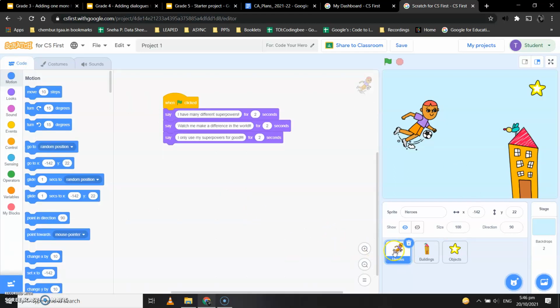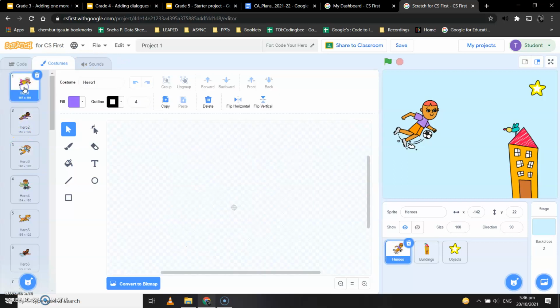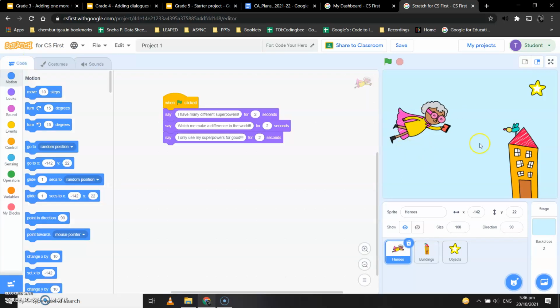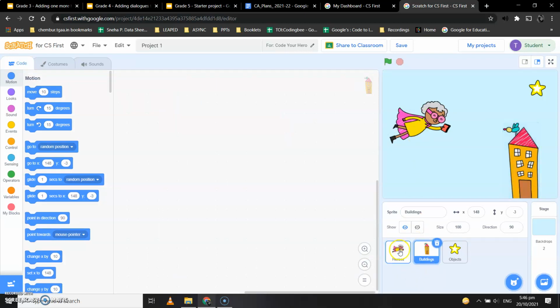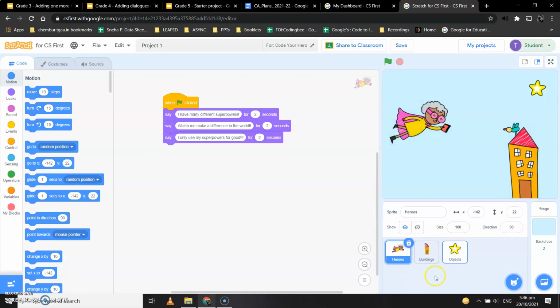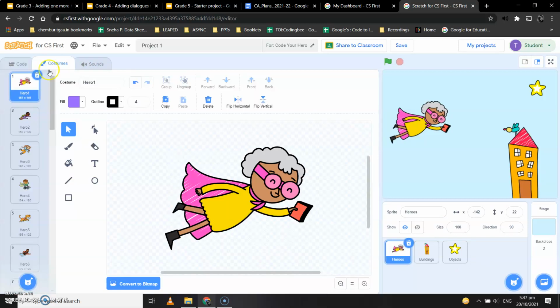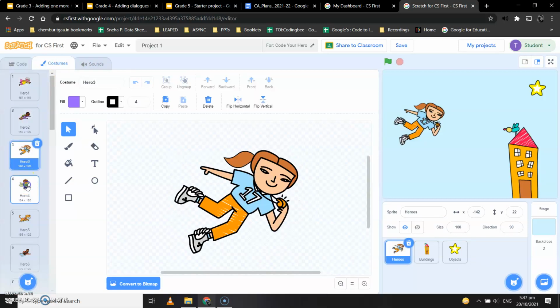This was the hero that was added by default by your starter project. Click on the heroes sprite in the sprites pane, and in the top left corner click on costumes, and then you can change your hero from here.